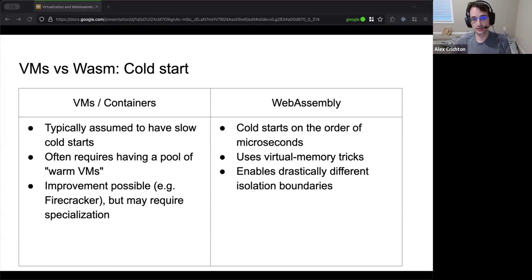So WebAssembly was always designed for very fast instantiation times. The theory is that while you're downloading code on the web, say you visit a web page and it's got a WASM binary, your computer should be able to compile the WebAssembly faster than you can download it, such that the second it's done downloading, it's ready to go. That's in contrast with JavaScript, where you tend to have a lot more involved and a bit of a pause between when you're done downloading and when you can actually run.